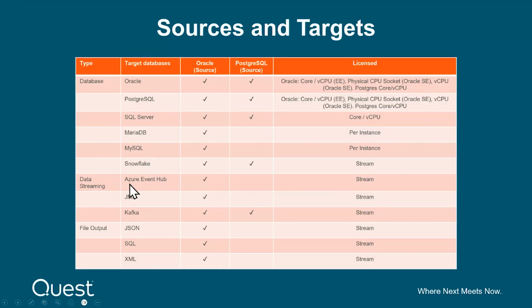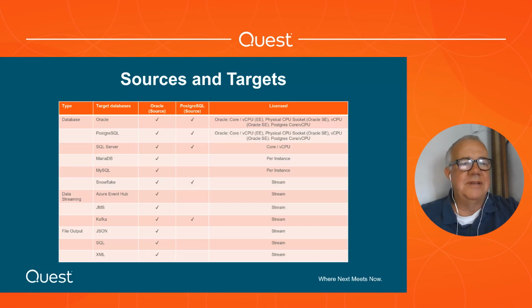We also can post data to what I call data streaming, things like the Azure Event Hub, JMS, Kafka. And then finally, file output, JSON, SQL, XML. We support Avro, as well as Parquet. In our upcoming release, it's our intention to add Parquet to our 12.1 release. It's in beta being tested. So exciting where we're going and also the